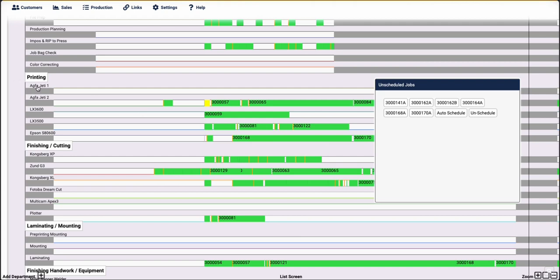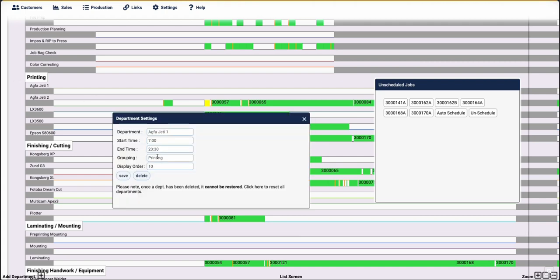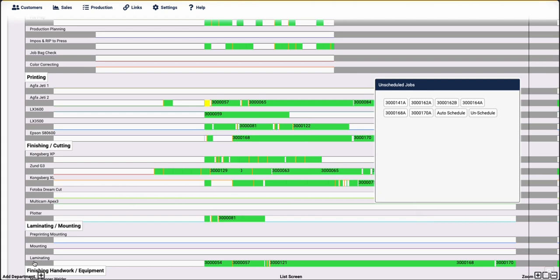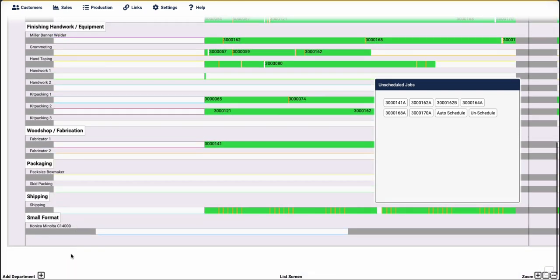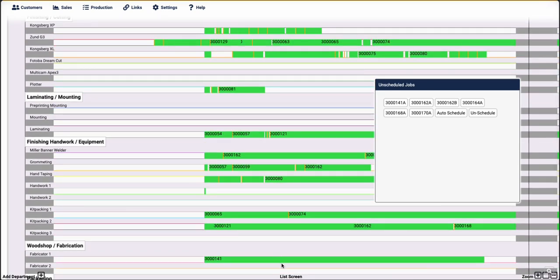If you click on the process, you can change the resources and some other information on that process. Just make sure you don't delete it. Down at the bottom left here where it's a plus symbol, kind of like the zoom, if you click this, you're going to add a new process to the schedule at the bottom, which we want to kind of stay away from. So if you go to the list screen,